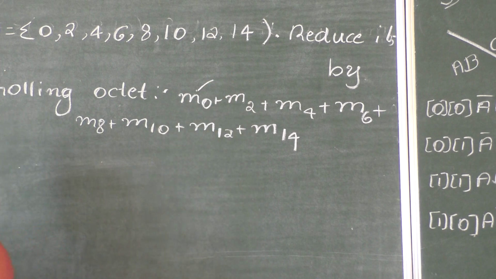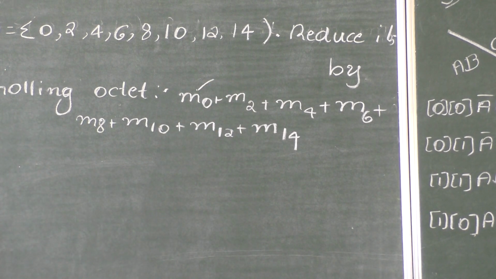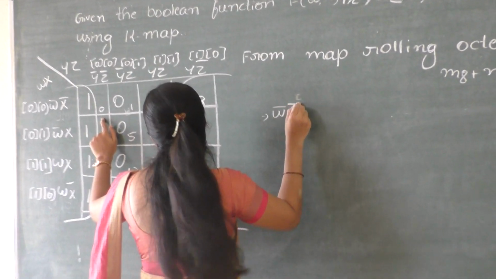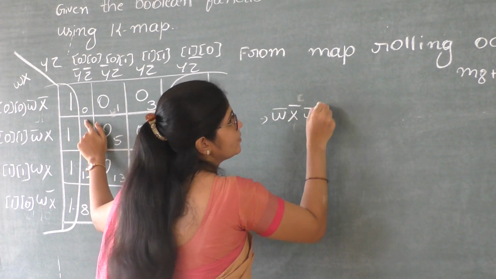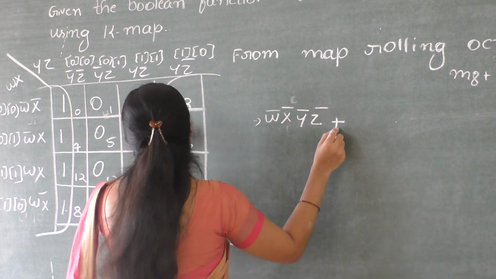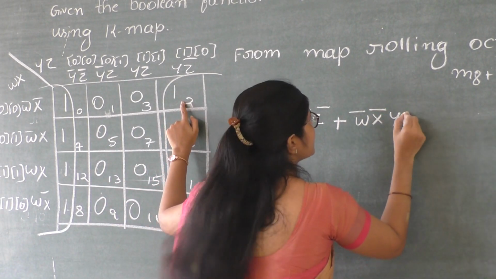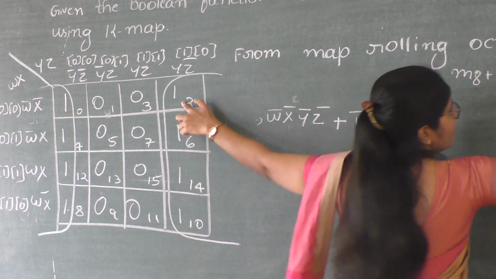Now we shall write the corresponding minterms. M0, W bar X bar Y bar Z bar, plus M2, W bar X bar Y Z bar, plus M4,